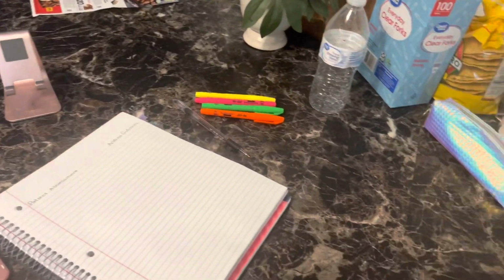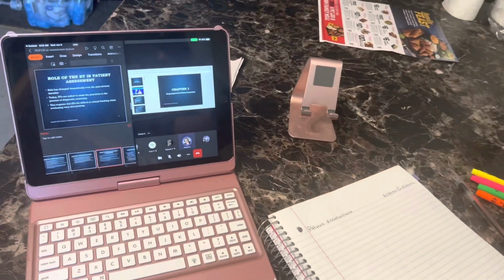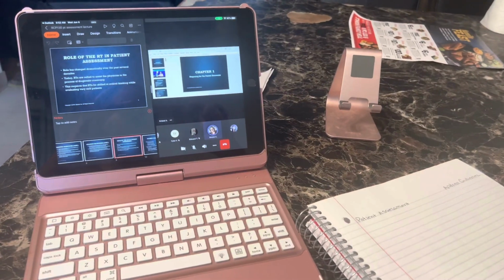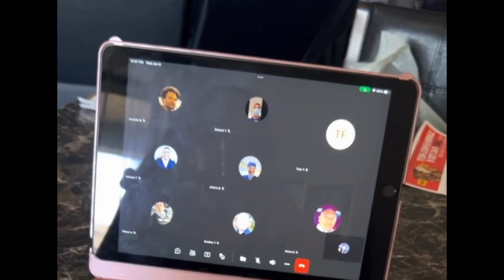But also when patients are going to go home, we're often an integral part of